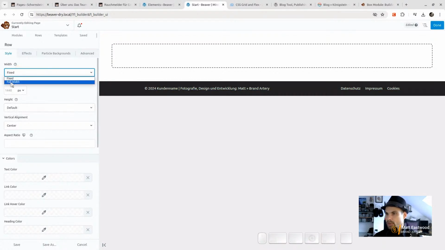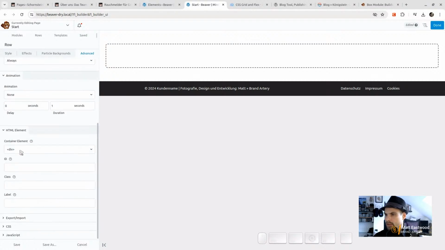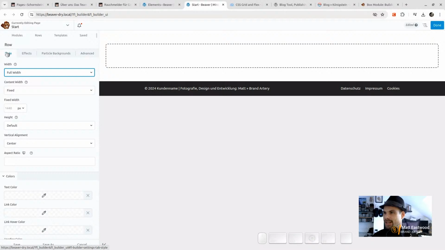We do this again. Set this to full width, and I tell it to be a section, which is another thing. Like 2022 Matt wasn't actually doing this. 2022 Matt just built, and I wasn't really caring about it. Reminds me of times when we needed to use actual tables to create a website. Yes, yeah. And I would just use divs everywhere. So now I'm a little bit smarter, thanks to Kevin, and I use sections,